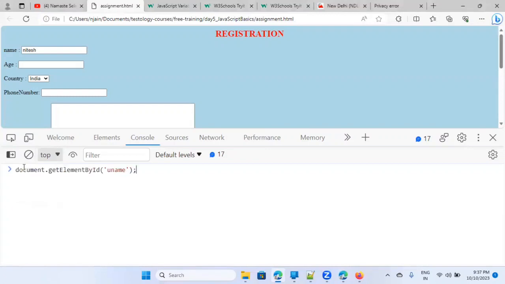Now I want to get the value of it. So I'll say dot value. See here, it is showing me Nitesh. That means the coder, whoever writes the JavaScript code, or the full stack developers, this is just one of the examples, they can get the value of this particular thing